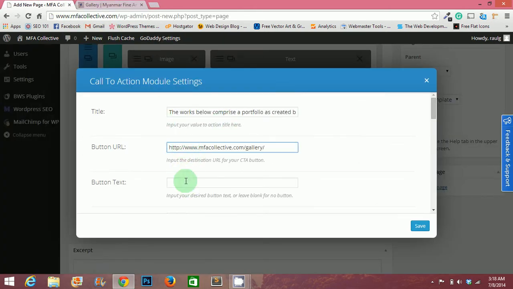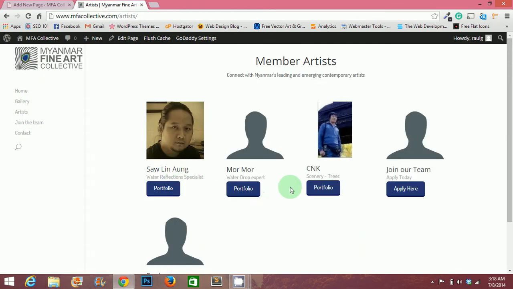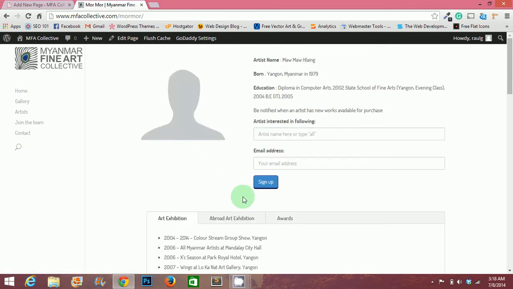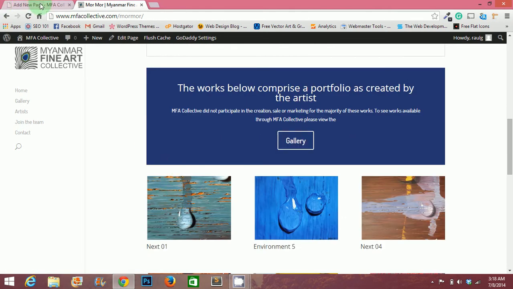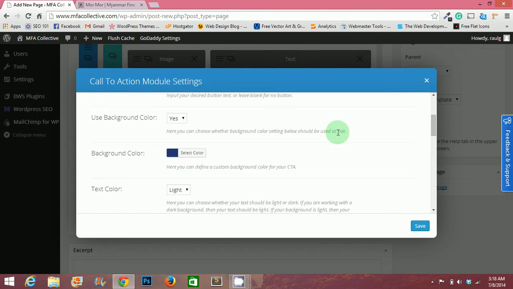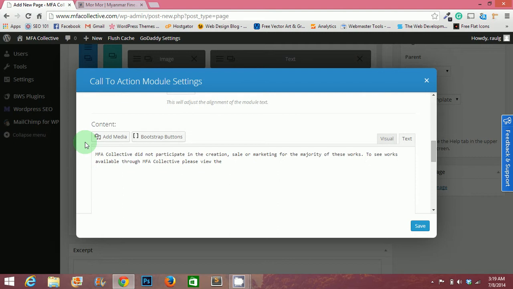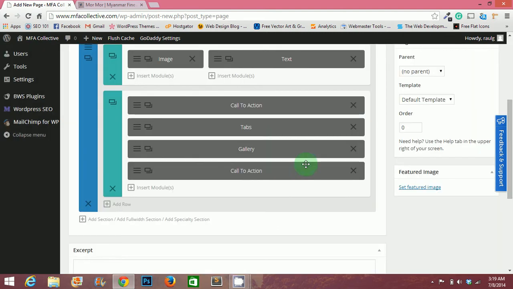Text, I believe, what did it say? Text for the button was gallery. And then we'll delete this because this is the title, and then take out that extra space, and then save,